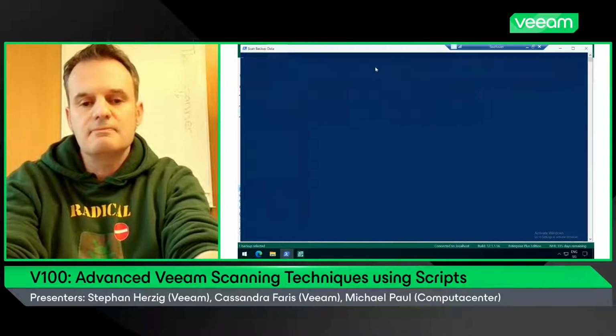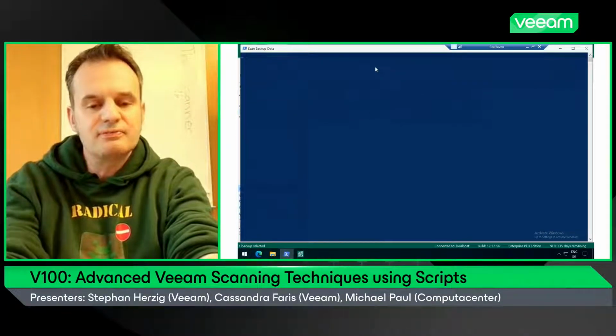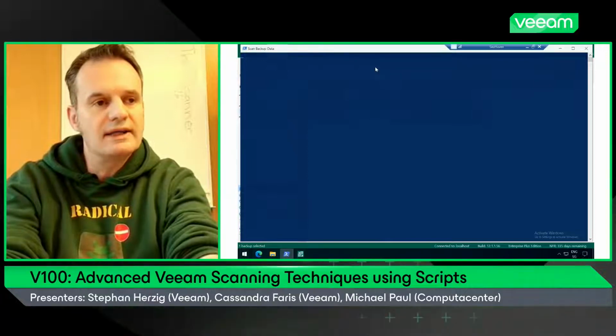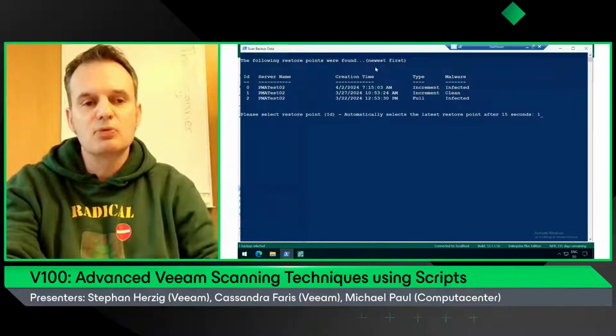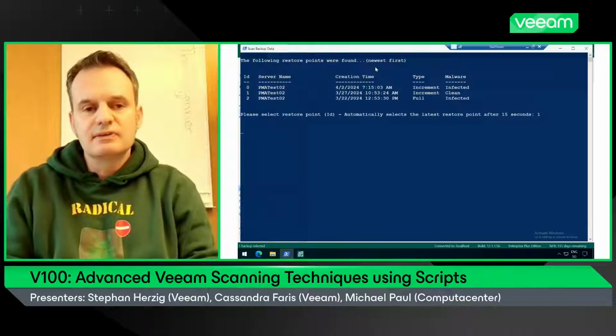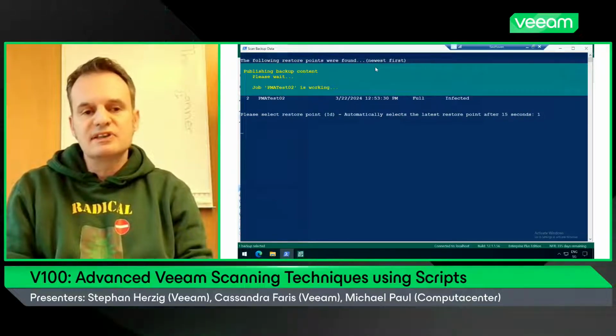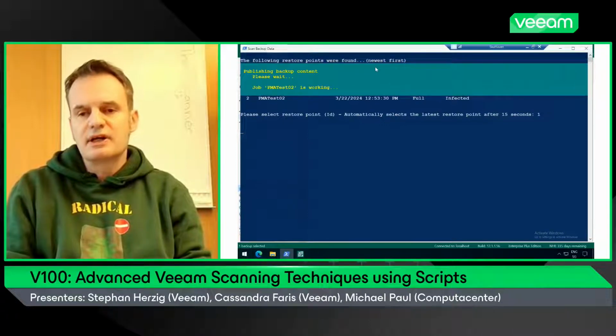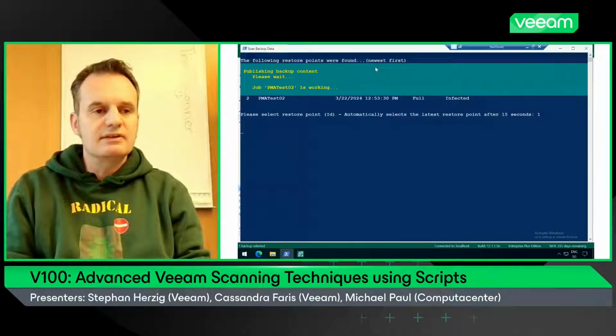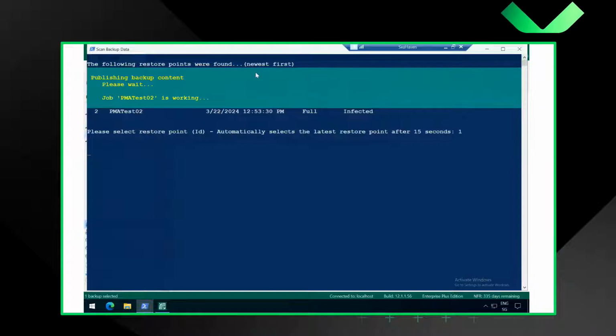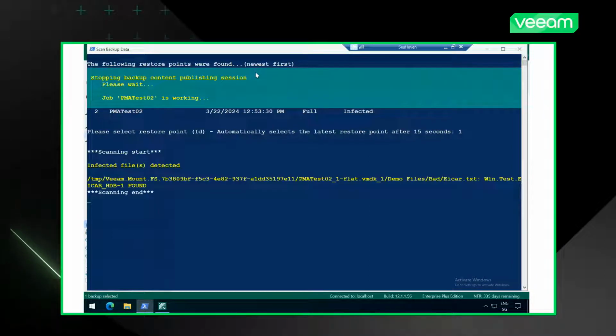So again, you see it's live and in color. That's why errors can happen. So number 1, clean. Let's scan it. The same happens again in the background. Disk published to the Linux host. I will trigger the installed antivirus solution there. And if something gets found, also here, you see